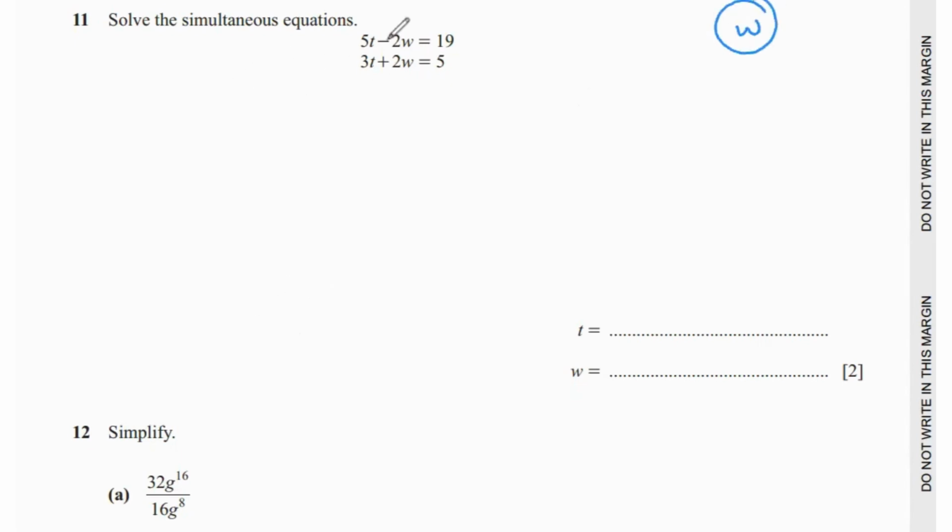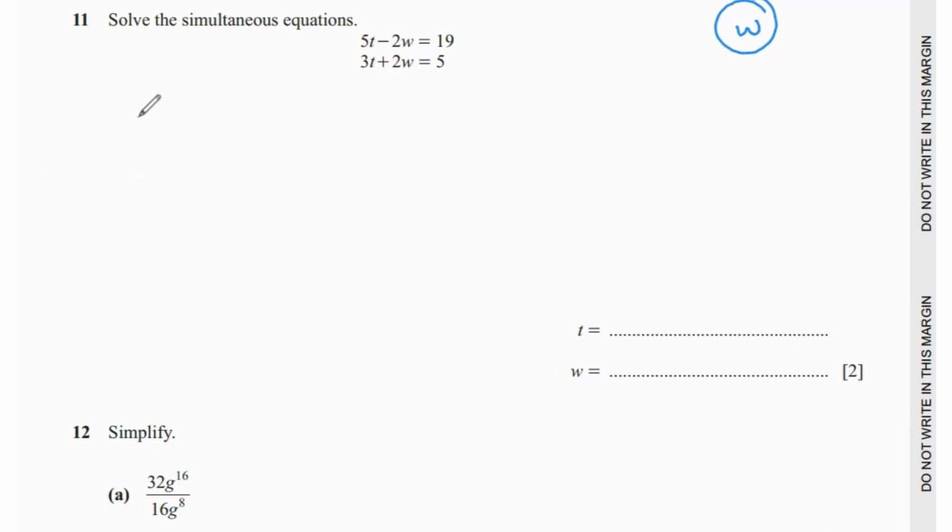Now, the reason why I'm going to eliminate w is that if you look at w in both the equations, w has the exact same coefficient, which means another step is cut out from the calculation. So that makes it easier. We don't have to make the coefficients equal. Since the coefficients are equal, now we look at the sign of the variable that we want to eliminate. w is negative in the first equation and positive in the second equation. So since they have opposite signs, in order for us to eliminate w, we will have to add the two